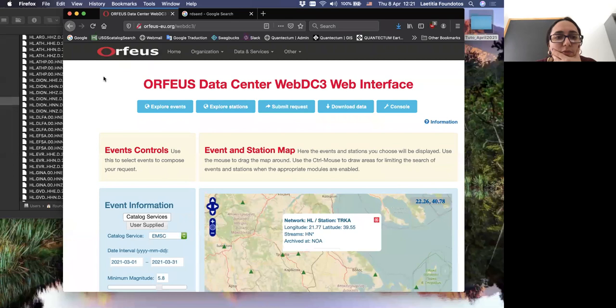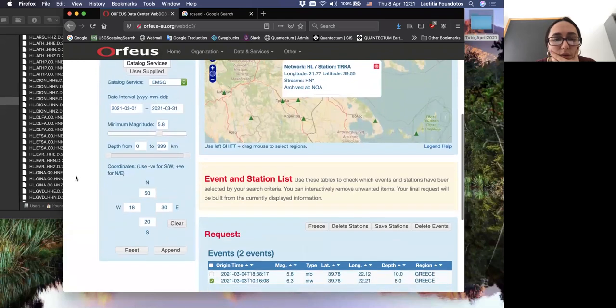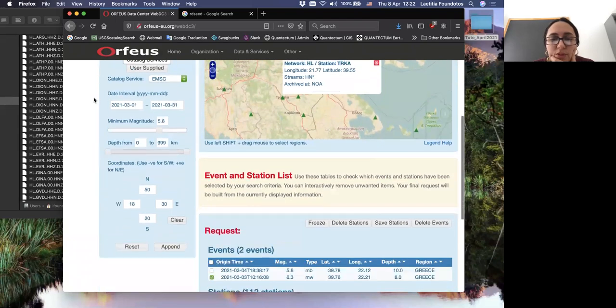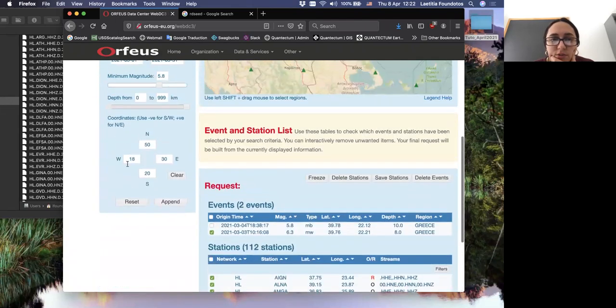Remember also the name of this website. It could be useful one day to grab some data from earthquakes. But each country has its own website where you can download data. Here it's limited to Europe, or also limited to some global data, but to specific networks. So not everything is here. If you are searching data for other parts of the world, you will have to search for another data provider. But this one is quite interesting.